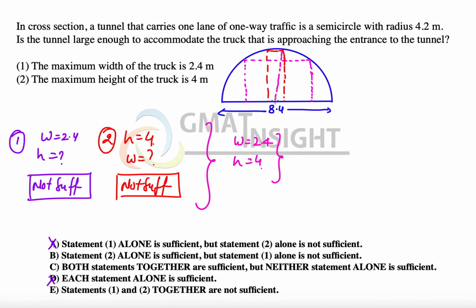So we can see whether the hypotenuse formed by 1.2 and 4 will be greater than or less than the radius, which is 4.2. If the hypotenuse is greater than 4.2, that means the semicircle cannot accommodate the truck. If it is less than or equal to 4.2, then it can accommodate. So we will have a unique answer,